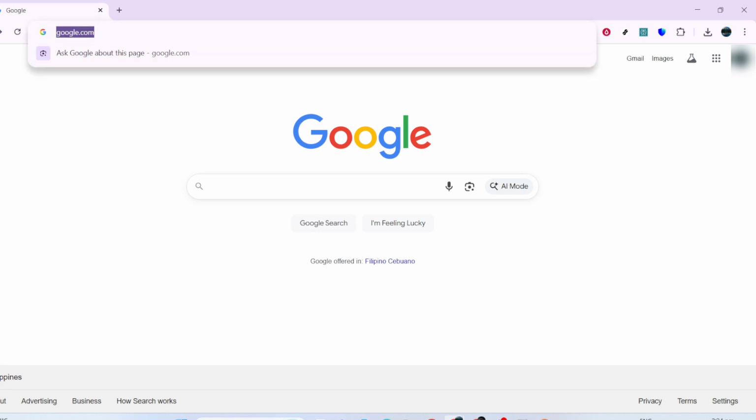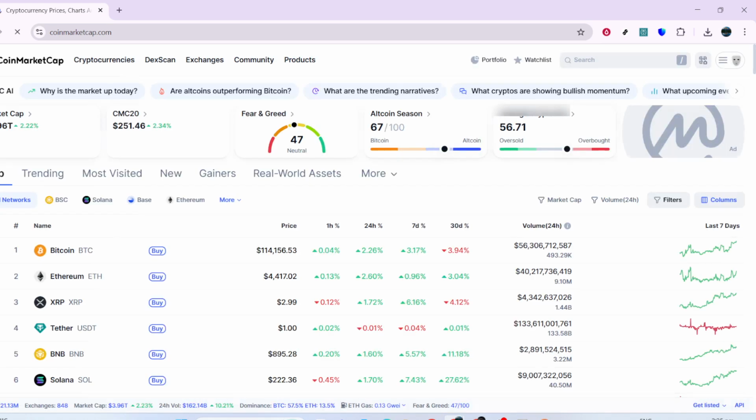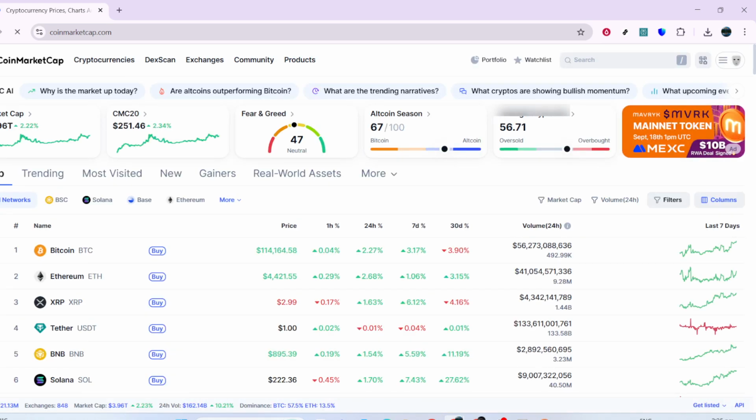So, let's get started. First, you'll want to open CoinMarketCap. Simply head to your web browser, type in coinmarketcap.com, and you'll be directed to the home page. Once you're there, take a moment to absorb the wealth of information presented to you. CoinMarketCap is a powerful tool for accessing real-time data on cryptocurrencies, giving you insights into market trends, individual coin performance,